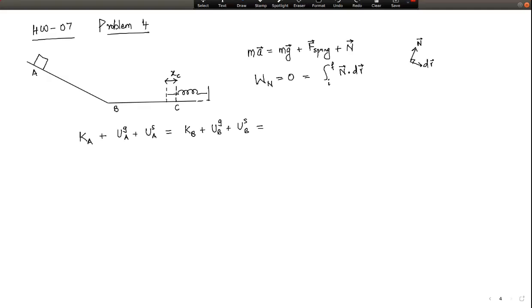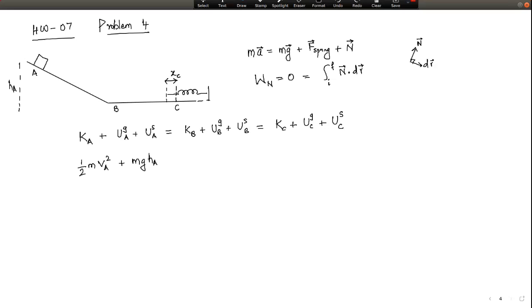And kinetic energy at point C plus the potential energy due to gravity at point C plus potential energy stored in the spring when the mass is at point C. We did this in the class, but just for completeness, let me explicitly show this again. So it's kinetic energy at point A. This is potential energy at point A, gravitational potential energy that depends on the height HA. So height HA is this,